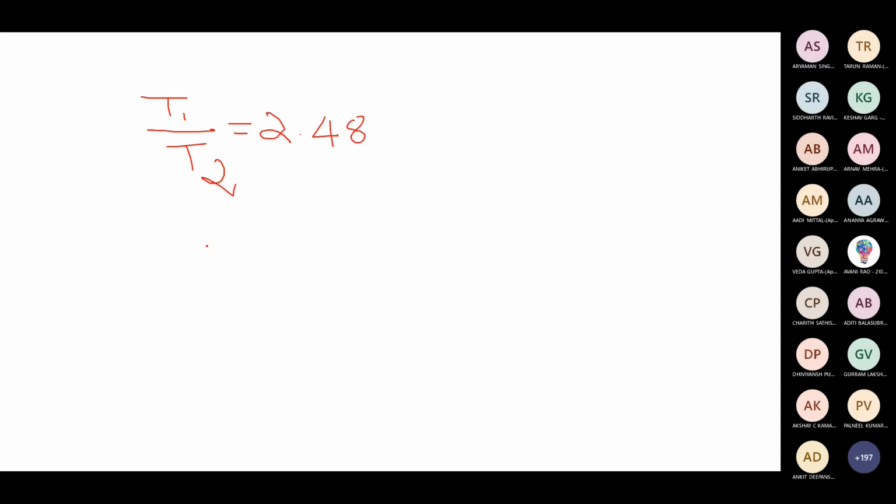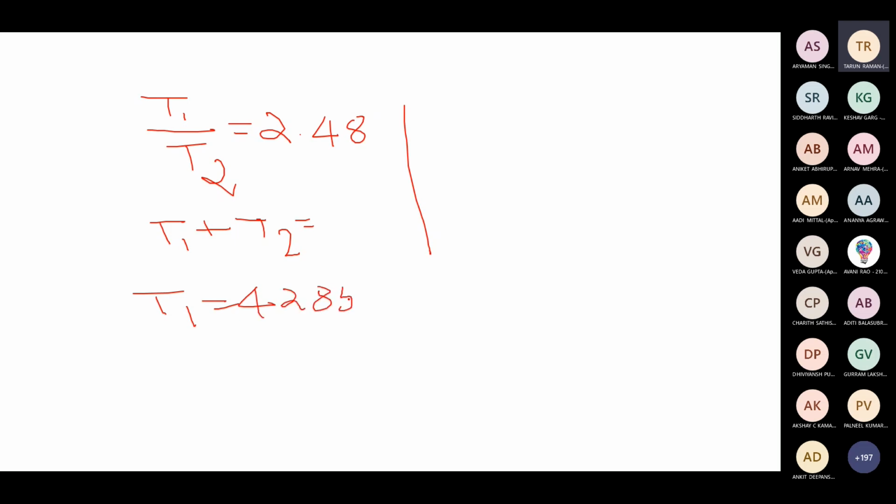Next, after that, T1 by T2 you have, right? How much do you get? T1, how much do you get? T1 plus T2, that I have already written. Power value, I guess. T1, you tell me, let me see how much it is. T1 is 4285.7. T2? No, sir, I didn't calculate T2. Directly T1 minus T2 divided by T2, 2.48, right?